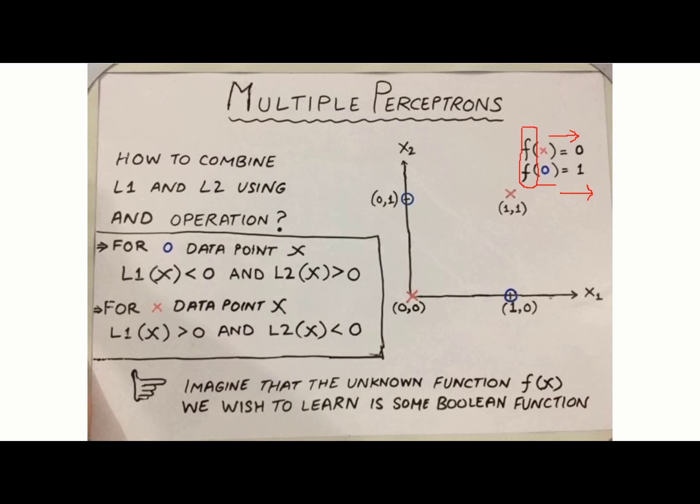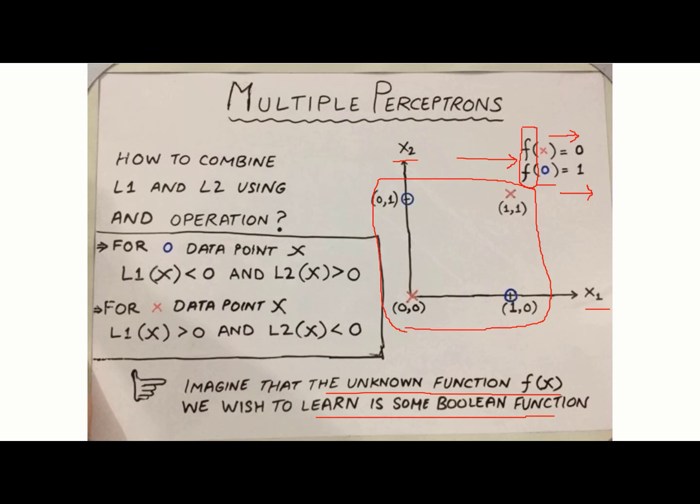Further, if we restrict the values of the inputs x1 and x2 to have only two values, 0 and 1, then the whole sample space of the input will contain only 4 data points as shown here. So in that situation, the nature of this function is Boolean. In a sense, we are trying to learn a Boolean function which is unknown. So this f of x is an unknown Boolean function where the inputs are Boolean and the output is also